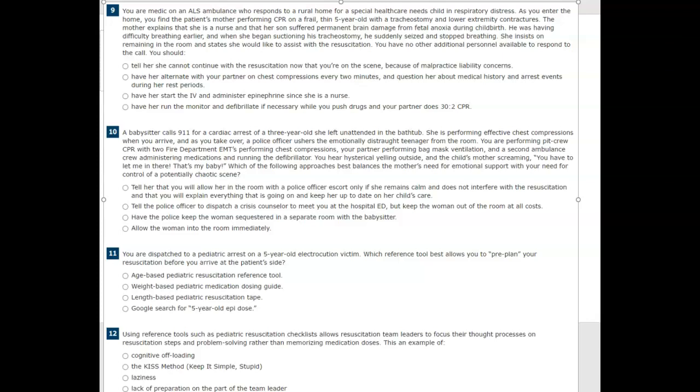The mother explains that she is a nurse and that her son suffered permanent brain damage from fetal anoxia during childbirth. He was having difficulty breathing earlier, and when she began suctioning his tracheostomy, he suddenly seized and stopped breathing. She insists on remaining in the room and states that she would like to assist with the resuscitation. You have no other additional personnel available to respond to the call. You should